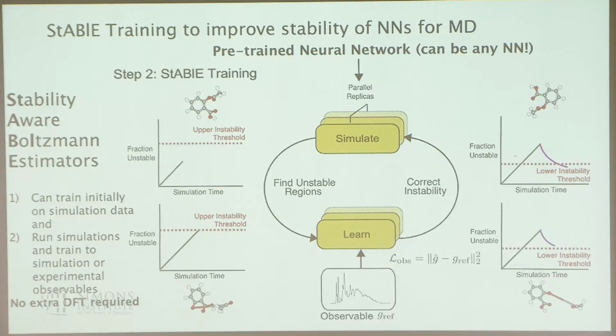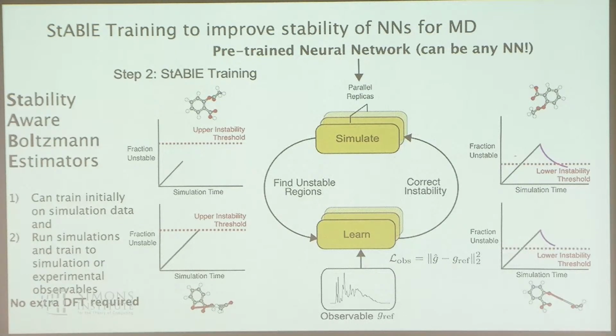And the key point here that's different from things like active learning. So active learning is not mutually exclusive to this setup. You could, in your step 1, do a bunch of cycles of active learning too. But the key point with this second step is that you don't need to do extra DFT. So you don't have to do that particular cycle and do extra computations.